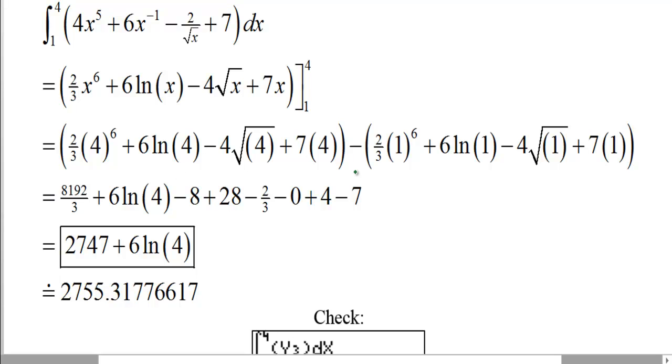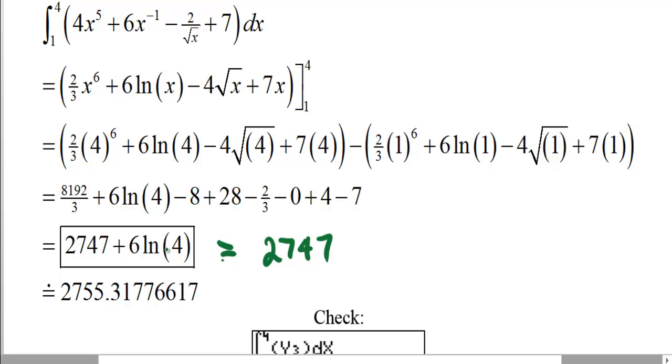Combine all the parts that don't have the logarithms with them, and the 4 minus 7 minus 2/3 plus 28 minus 8 plus that many thirds, it turns out to be, actually it works out kind of nicely at 2,747. Notice this 8192 doesn't reduce, but once we subtract the 2/3 from it, 8190 over 3 does reduce to, let's see what it reduced to, 2730, I guess. And then you add the rest of this together and it gets 2747 plus 6 ln of 4. We could have also written that, that's fine like that,